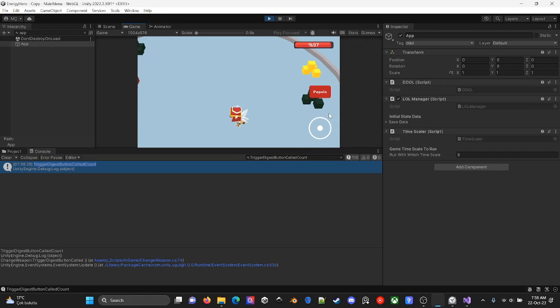Also, for the second problem, level start text does not appear when the game is in play mode. Also, there is no continue button at the beginning. Should be updated. Okay, this is also fixed.